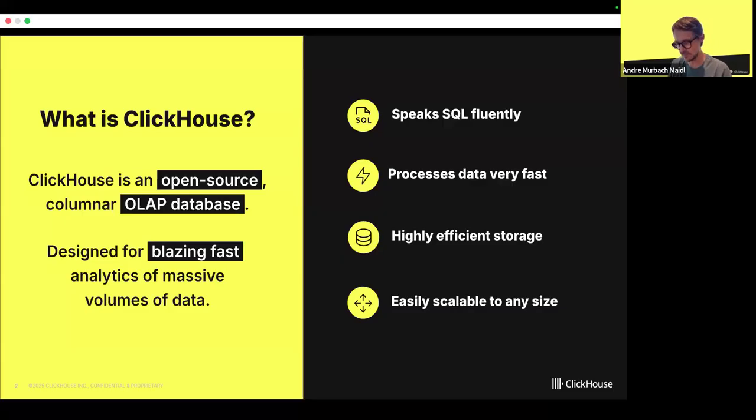Once you have all these click streams stored, you can do any kind of analytics on top of this data. By 2012, it went into production. By 2016, since this was a very successful project inside Yandex, the creator Alexei Milovidov decided to open source the code so more people could start using it. It also became a very successful database system on GitHub.